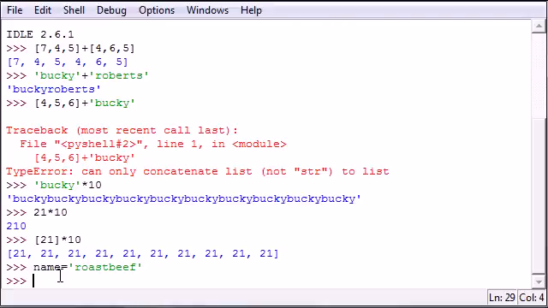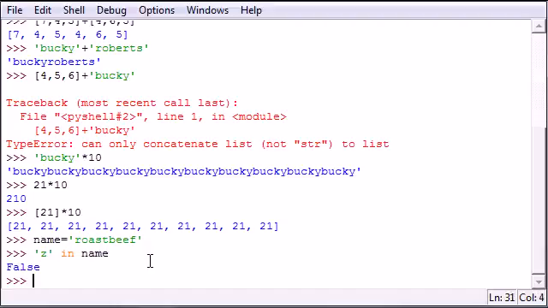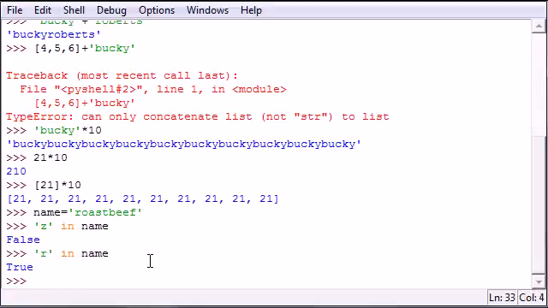So now what are we going to do with roast beef? We can check if certain characters are in roast beef. All you have to do is put the first character you want to check, then press in, and in is a built-in keyword in Python. What it's going to do is take this character and check if it's in name. So is there a Z in name? Press enter. False. Is there an R in the name roast beef? True, because here's an R right here, but it doesn't find a Z. So that is how you can check